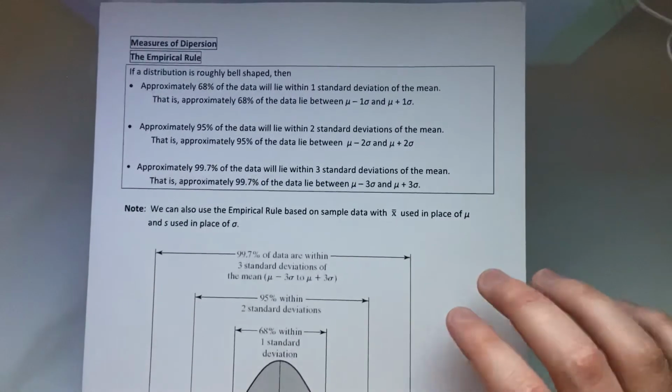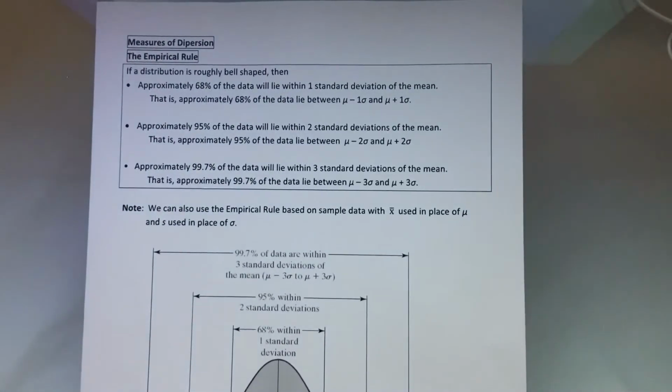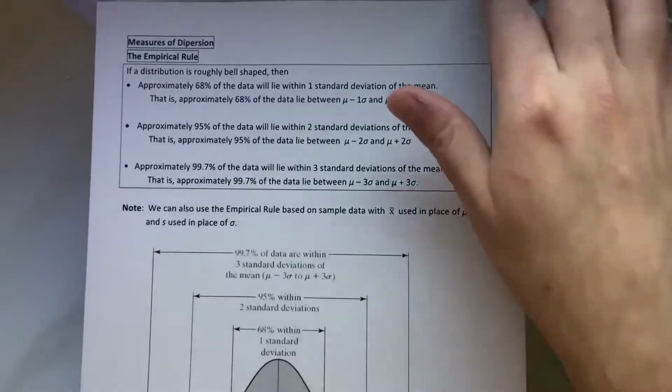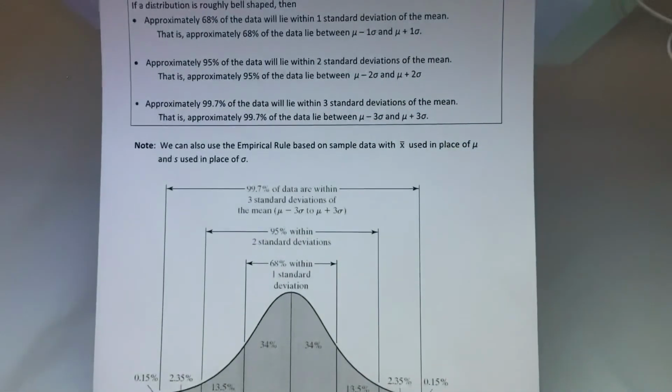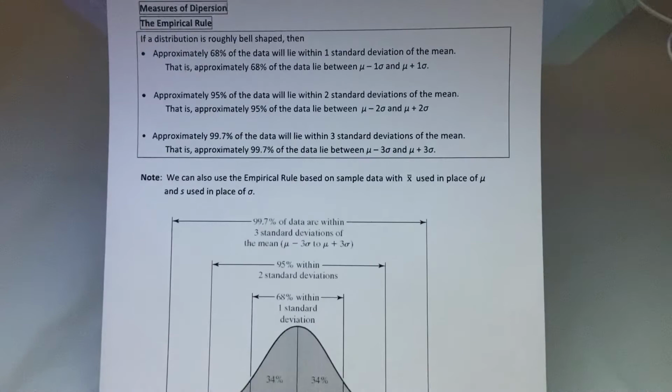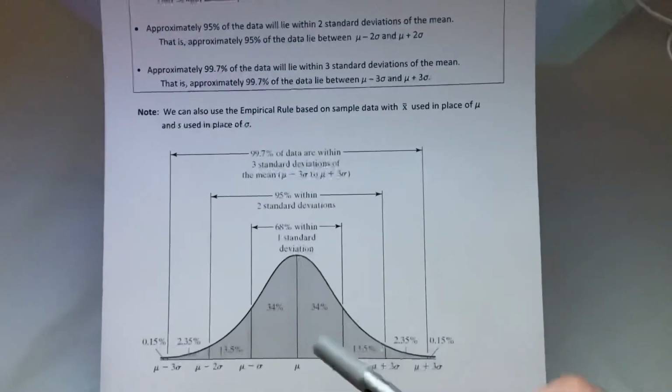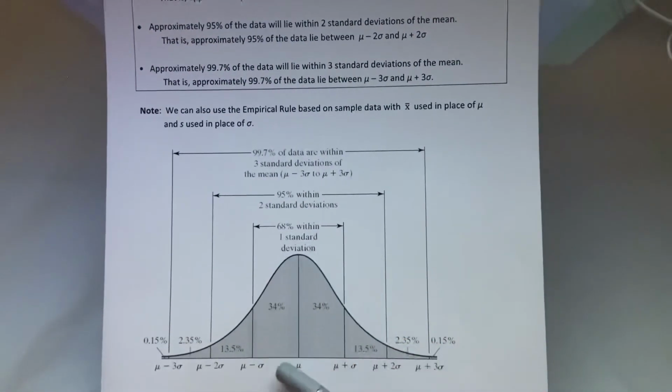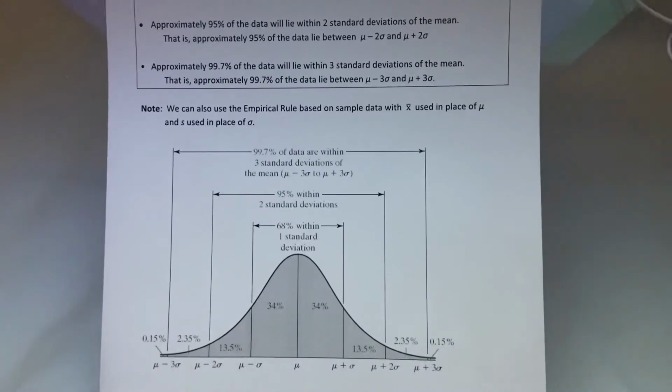Now, let's talk about the empirical rule. When something is bell-shaped, or roughly bell-shaped, and doesn't have a skew, there's a relationship between the data and how many standard deviations away from the mean it should be. So here we have the mean in the picture. It says if you go 1 standard deviation, added or subtracted. So for example, if the